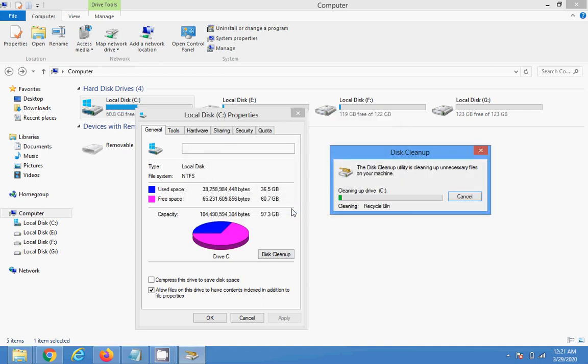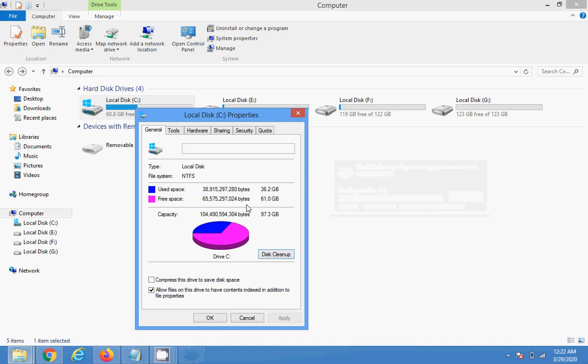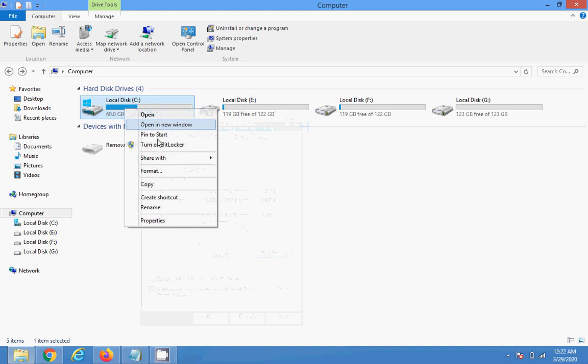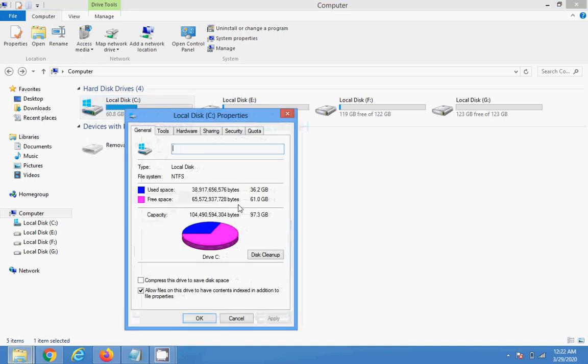Continue. Cleaning, it's going through the recycle bin, setup files, and everything. Temporary files, thumbnails, and whatever else is going. So these are going to end. Let's see how many MBs we will have. Okay, let's again come to properties, and we